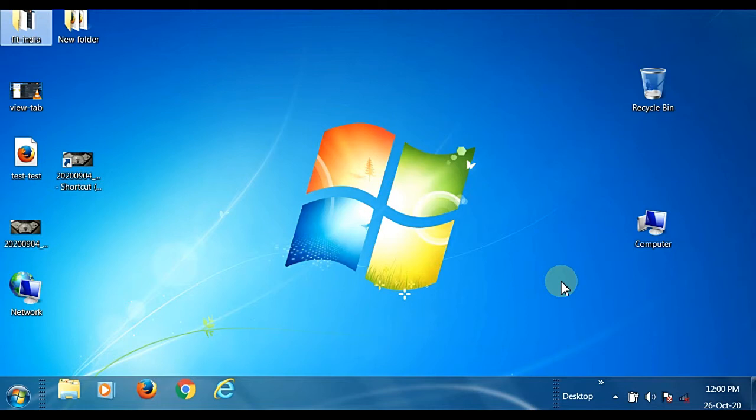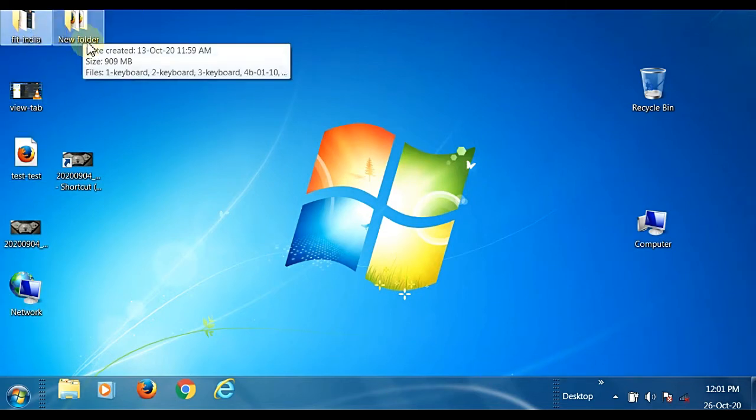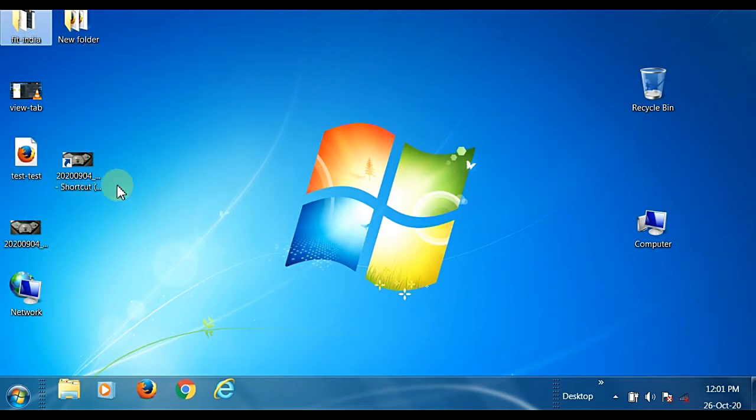Okay, so let's see what are all the items that are visible on the top of our computer desktop. Here you can see folders are there, files are there, shortcut icons are there, lots of icons are there, My Computer is there, Recycle Bin is there, start button you can see here, and a long taskbar you can see this, and also you can see some background picture. So these are all the things that are arranged here.